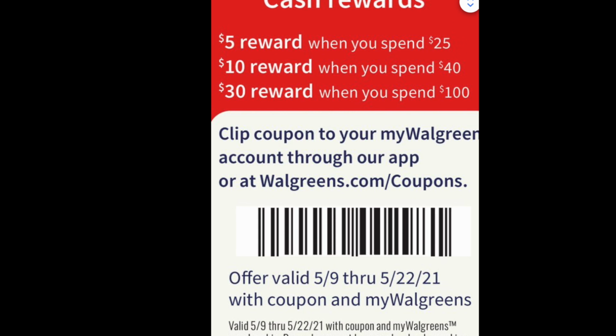First thing that we're going to talk about though is using this booster. So basically just go into the app, go into the weekly flyer, and this should be like the second page. Grab a screenshot of it. You get the cashier to scan it from your phone. Boom, that's how you do it. And this is more than a one-time use. Please check out the video I made this morning where I get into the exact specifics of how many times you can use it. And for the purposes of this video, we are using the spend 25 to get back